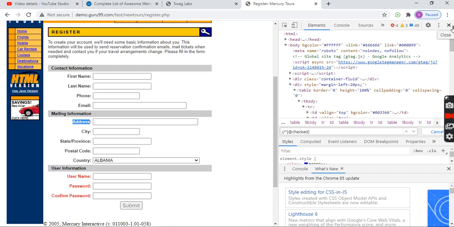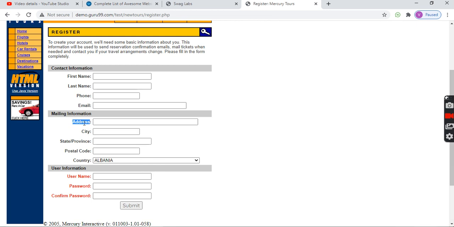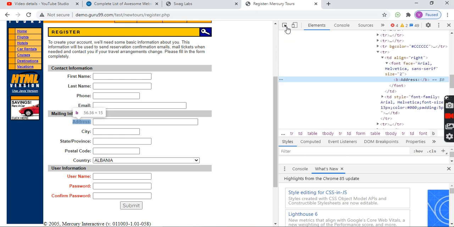What we generally do if we want to identify here is right click, inspect, right? That is what we will do. Okay, hover it here. Are we able to identify anything? Let's go for our object identification technique. What is the technique I told in the previous video? ID needs to be there. Do we have ID here? No. Name needs to be there. Do we have name here? No.